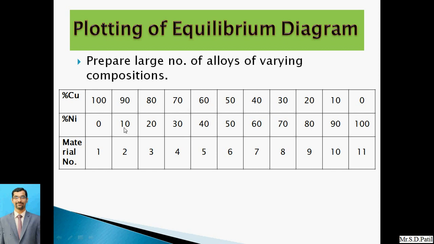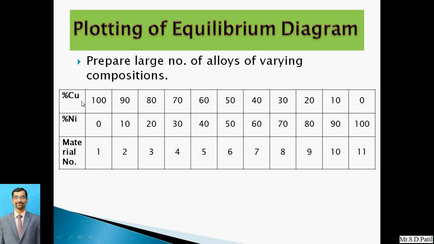So these following steps are required to complete it. Take one example. This is the copper, percentage of nickel. The percentage of copper will vary from 100 to 0 and nickel will vary from 0 to 100. So this is the first material in which 100% copper is there. There is no nickel present. So material number 1 is a pure metal, made up of only copper. Now after adding 10% of nickel, the composition will be